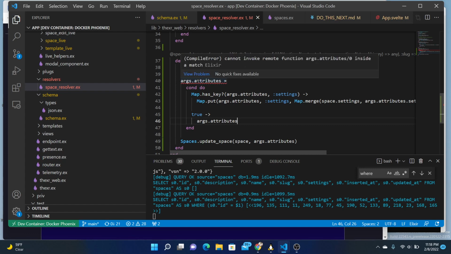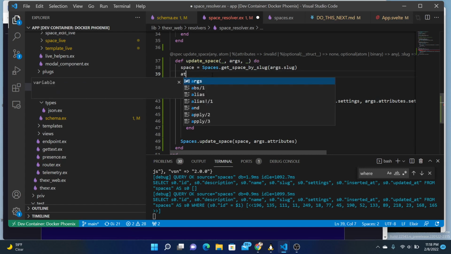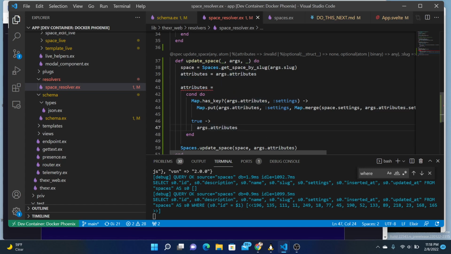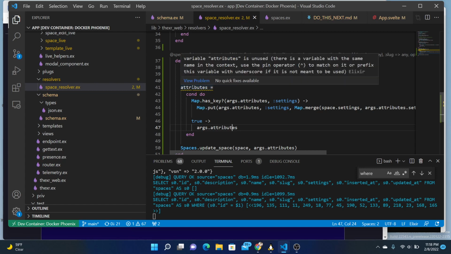Cannot invoke remote function. Oh, we can't make an assignment on a map like this. We can say that attributes args attributes, so that'll give us a map. And we can say that attributes equal, so attributes is unused. Equal,